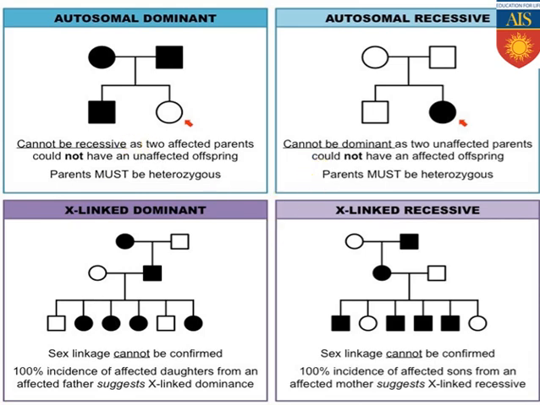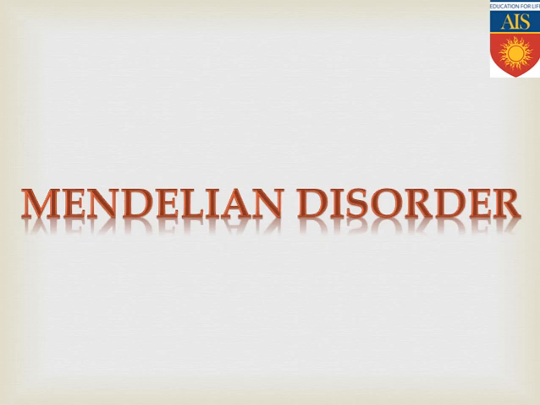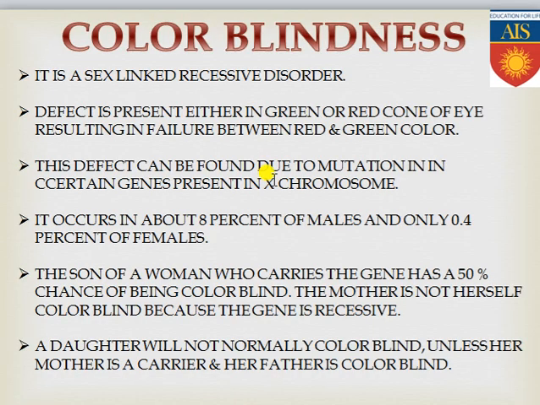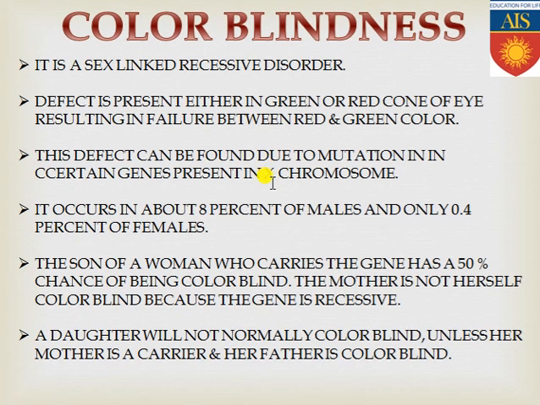Okay, so now we are entering into the genetic disorders which were proposed by Mendel, or which are following Mendel's law. So for that reason these disorders are commonly known as Mendelian disorders. So let's see whatever the Mendelian disorders are present. First one is color blindness. What is the color blindness genetic disorder? Keep it in your mind, it is a sex linked recessive disorder. Always it is a recessive disorder, and that is carried by the X chromosome.